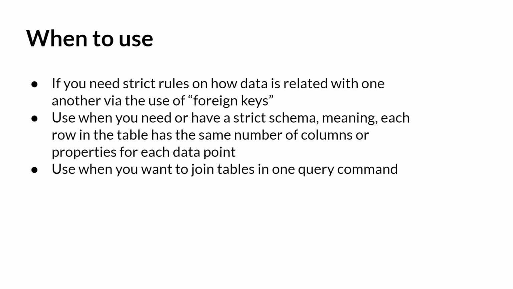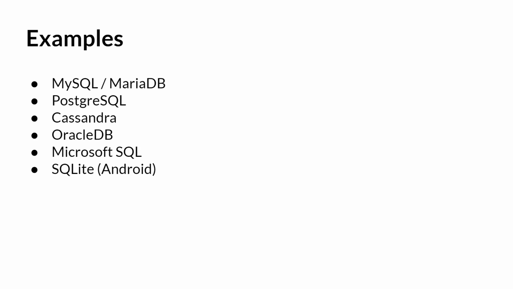Now, the idea also is, if you want to join tables in one query command, so that means you want to get data from any number of tables that are related to each other via a foreign key, and you want it to be outputted in one query command, then this is your setup in essence. Now, examples of these databases are MySQL, MariaDB, which is the open source version of MySQL, Postgres, Cassandra, Oracle